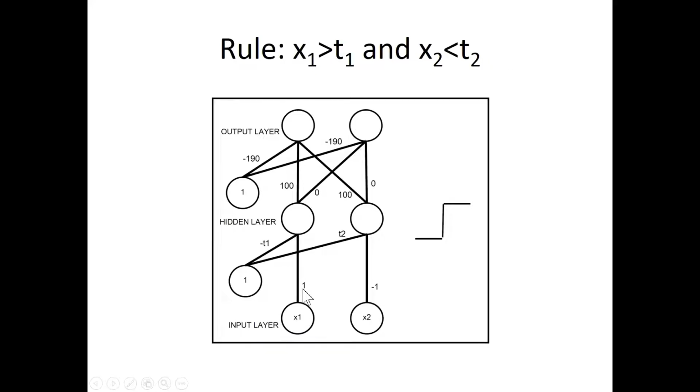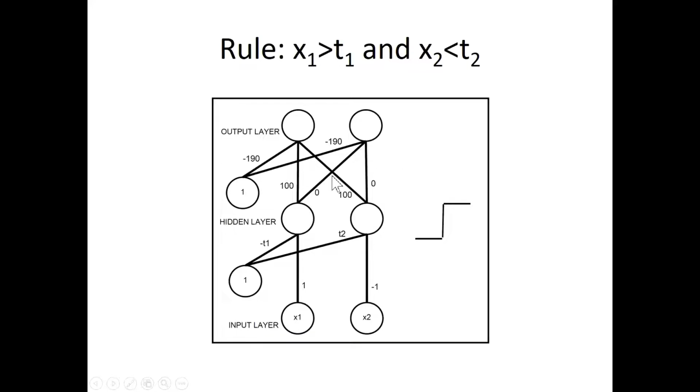So how can we do that? You can see here the connection, the weight is 1 for x1 and the threshold for the bias is minus t1. So this encodes x1 greater than t1. For x2 less than or equal to t2, the weight 1 becomes minus 1 and the threshold is given by t2. Okay, so this first hidden layer's role is to obtain rule antecedents. And between this hidden layer and the output layer, we